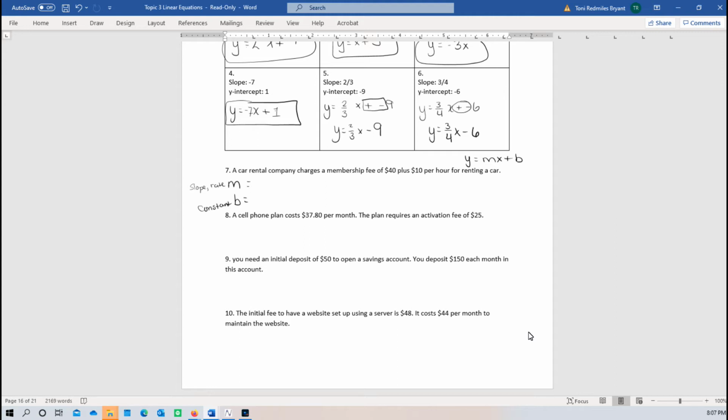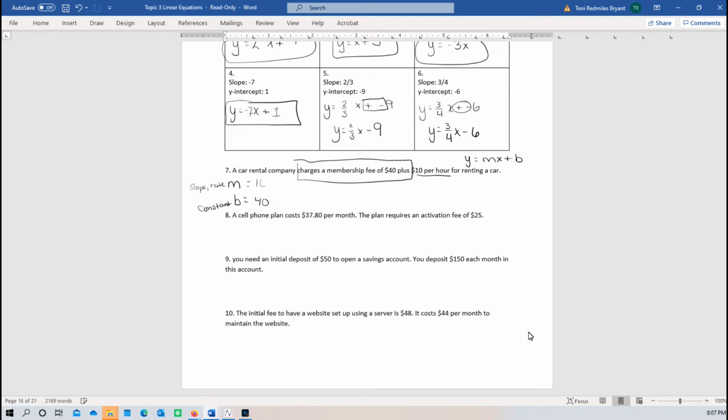So in this first one, a car rental company charges a membership fee of $40 plus $10 an hour for renting a car. So it charges a membership fee of $40. No matter what, I'm paying 40 bucks. That's a constant. That's when I'm trying to figure out how much it's going to cost me for 10 hours of renting a car. I'm first going to say, well, I know right off the bat I'm paying $40. And then I'm going to pay